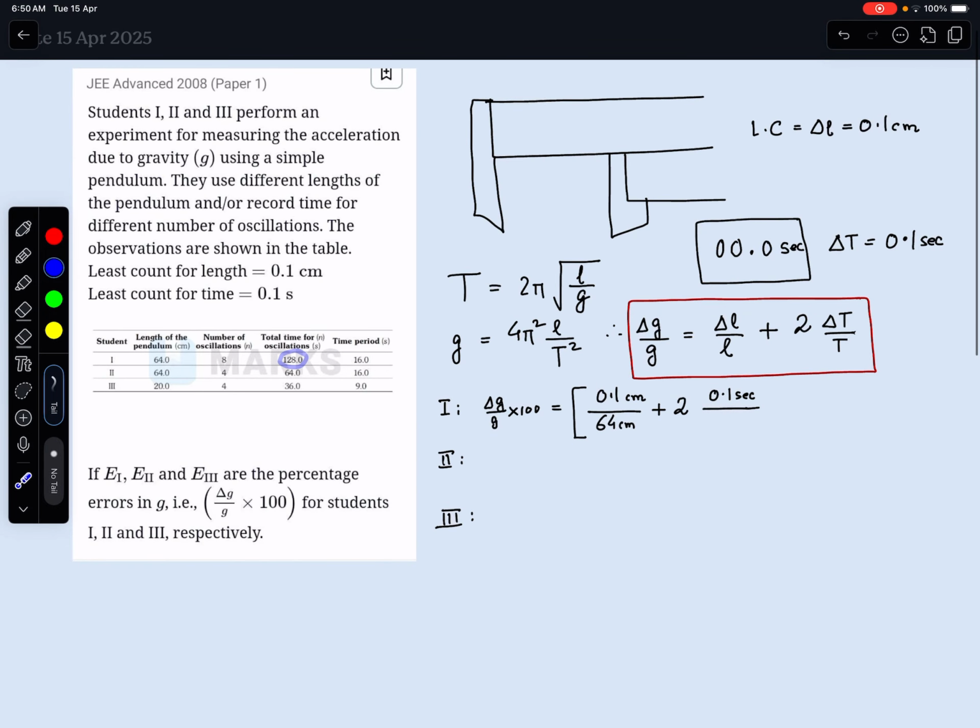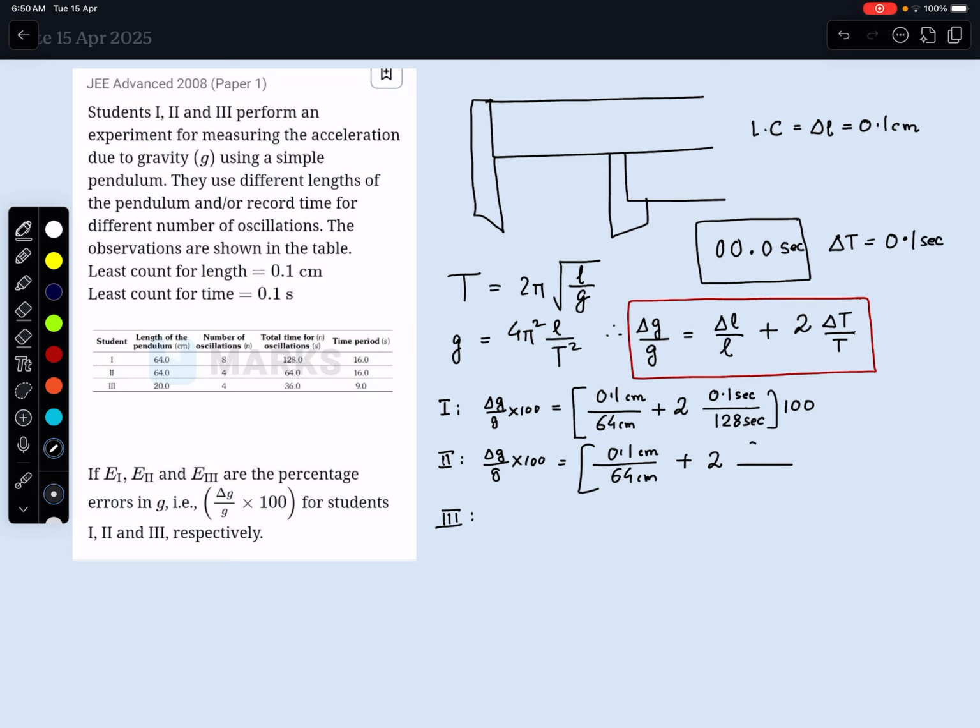Actually, to decrease this fractional error, we do the calculation for so many oscillations. That's the sole reason for that. So 0.1 by 128 second, and that too multiplied by 100. Now for case 2, delta G by G into 100 is delta L 0.1, obviously centimeter, by 64 centimeter plus 2 into 0.1 second divided by 64 second